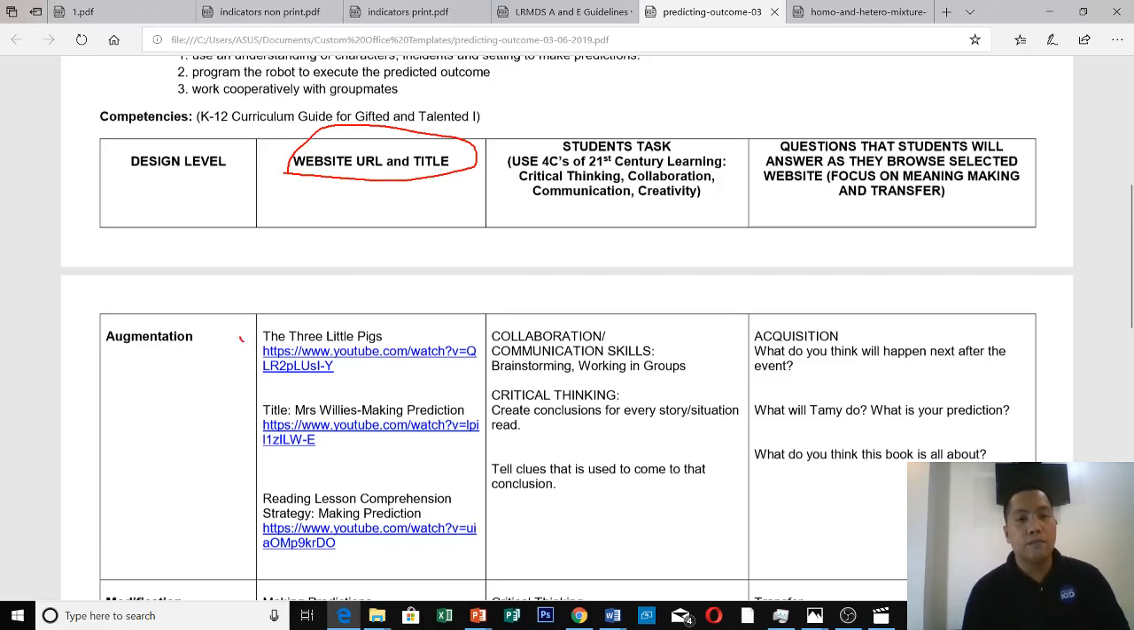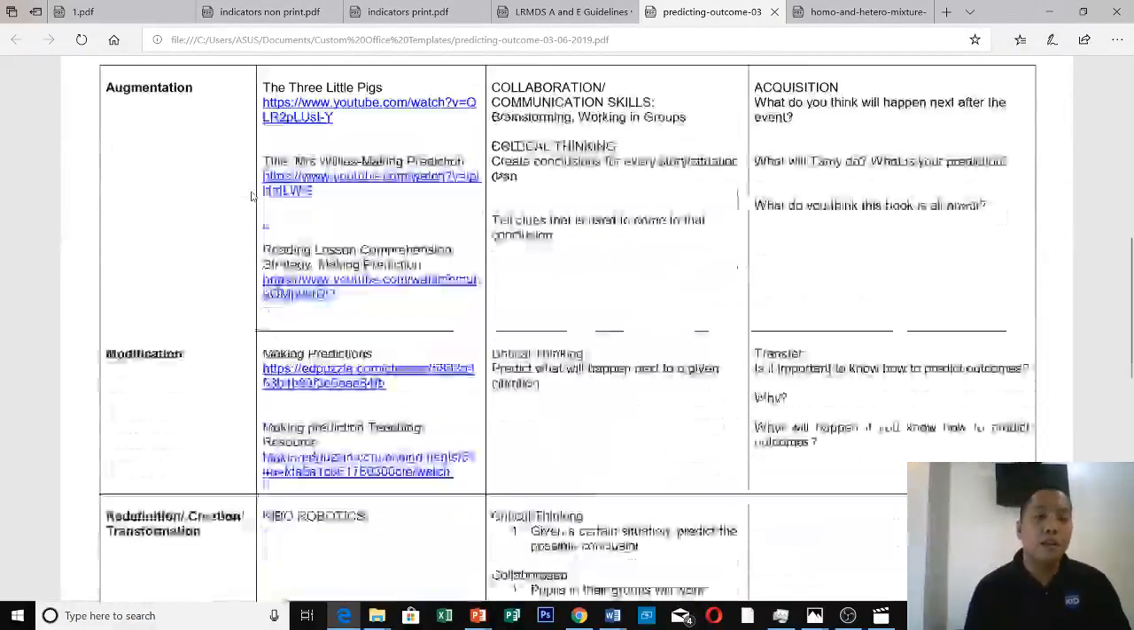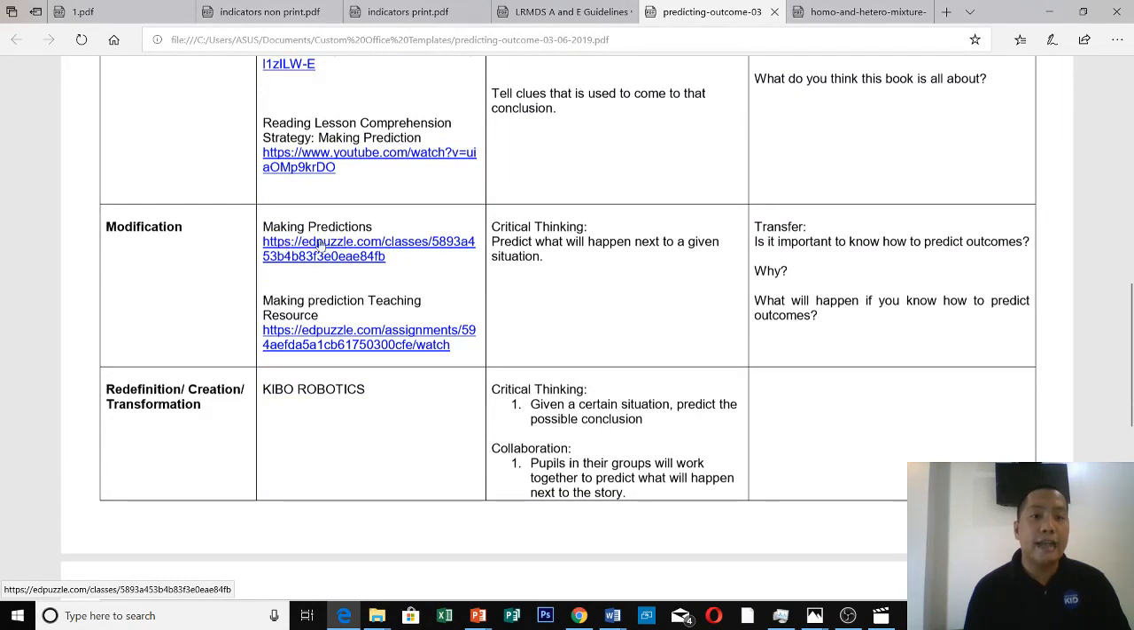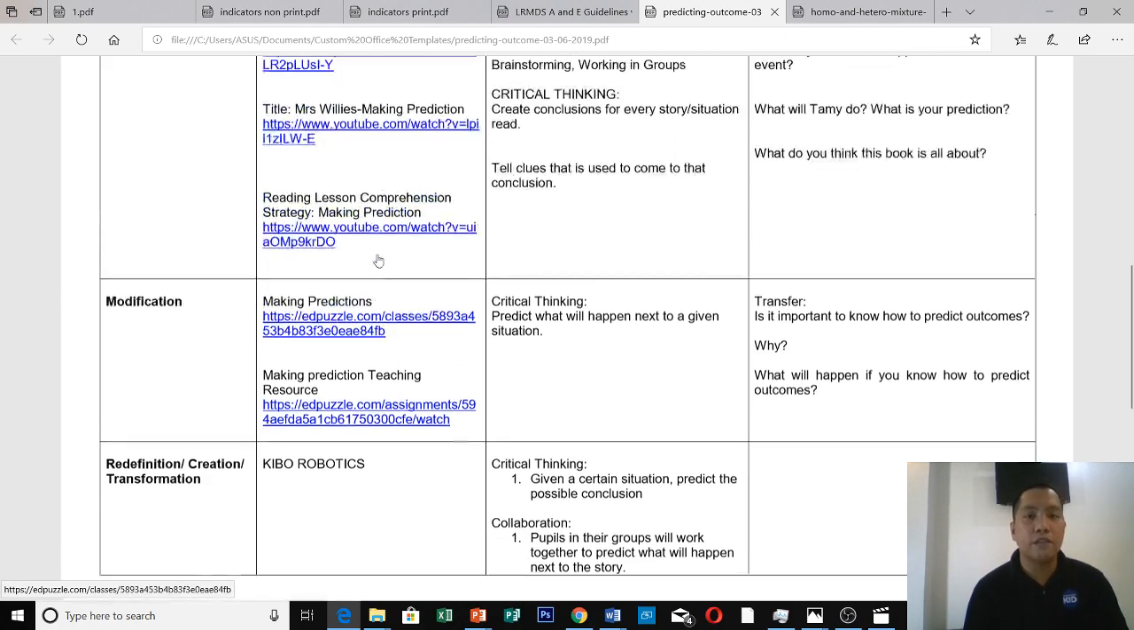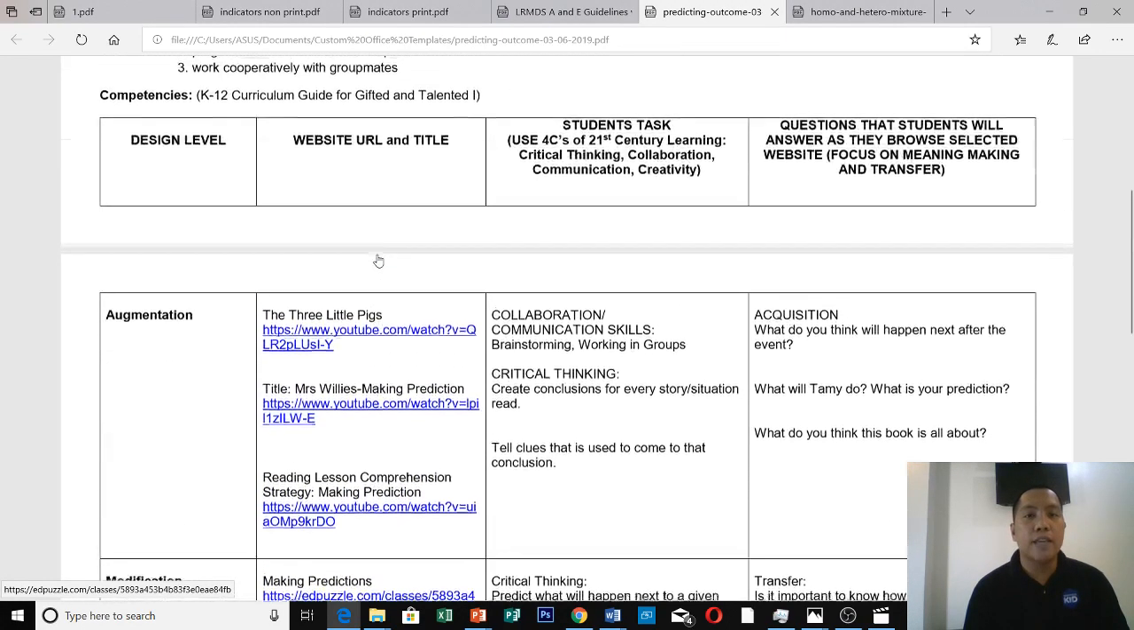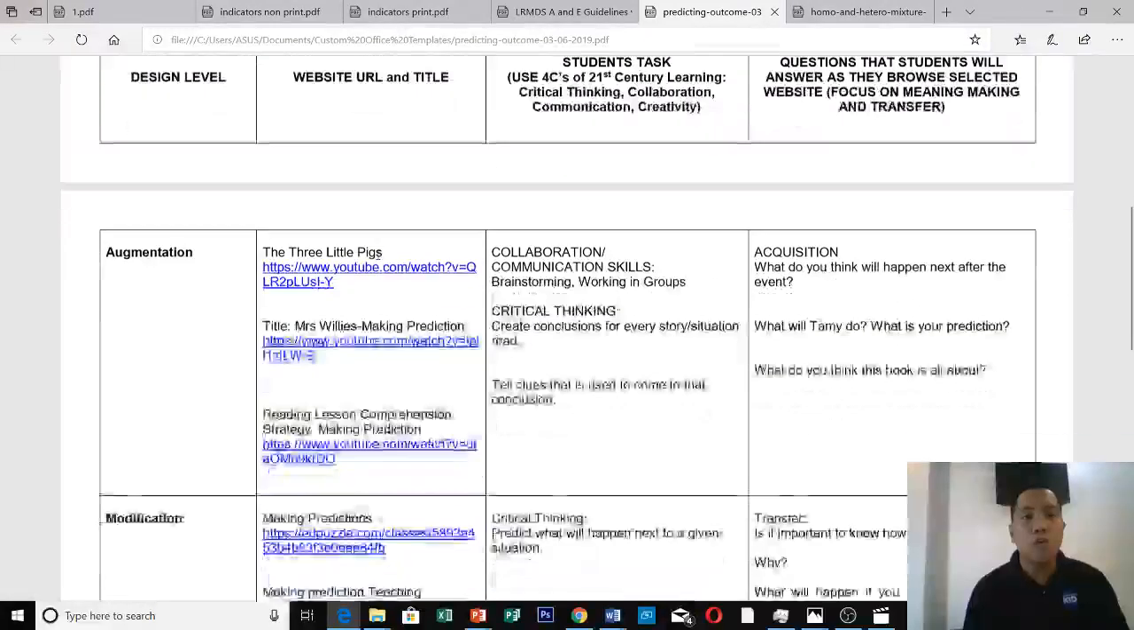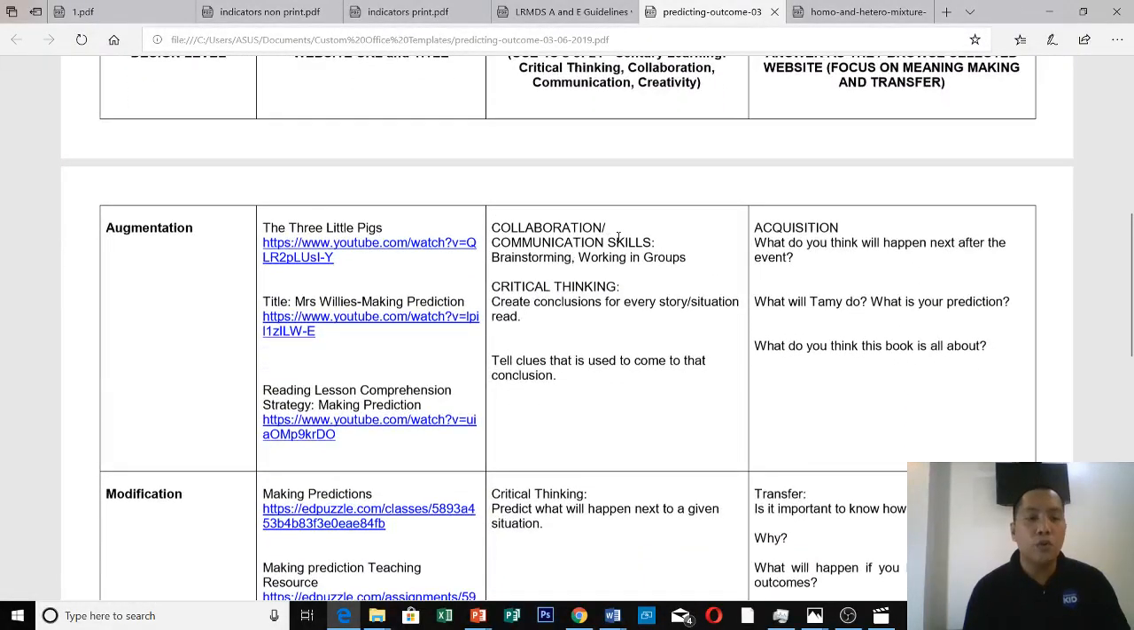Okay. So, for augmentation, we have this resource. It's augmentation, of course. It's a video. And then modification, it's an interactive material. Interactive material po ito. It's Edpuzzle kasi meron po siyang automatic feedback and it promotes independent learning. Now, for student task, ano po here? Ito po, ano po yung gagawin ng mga bata dito utilizing this